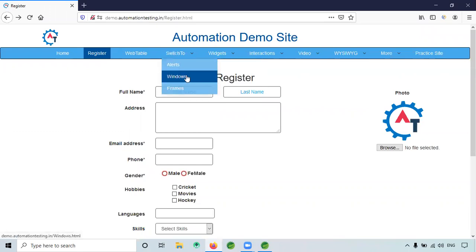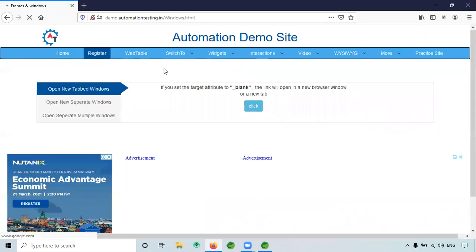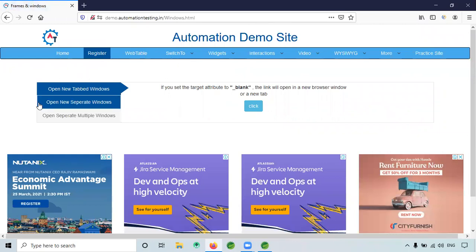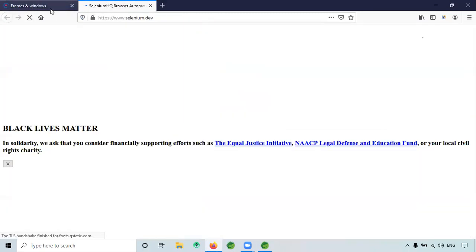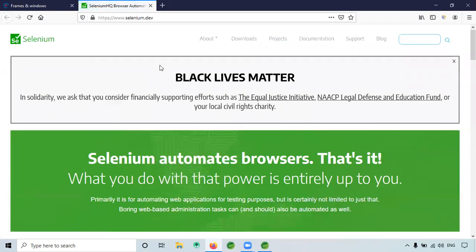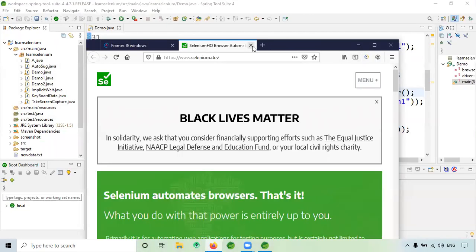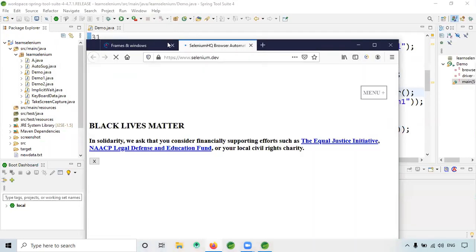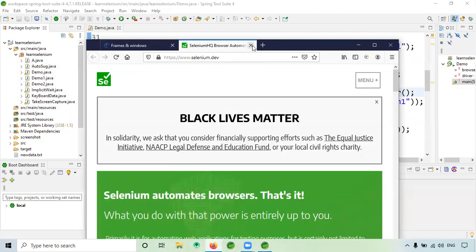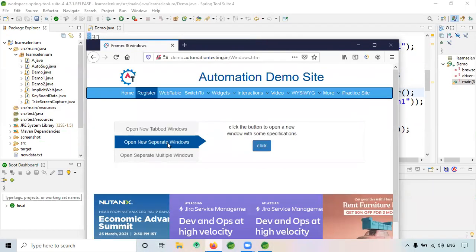So today we will work on windows. In the sense, we have two types of windows. One is like, when you click this, it will open the new window in a new tab. And another is kind of separate.